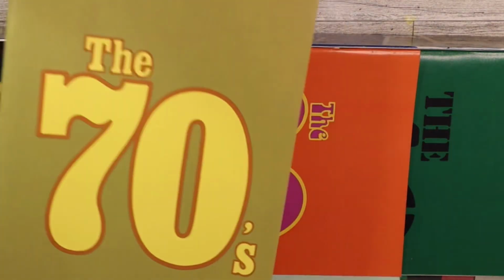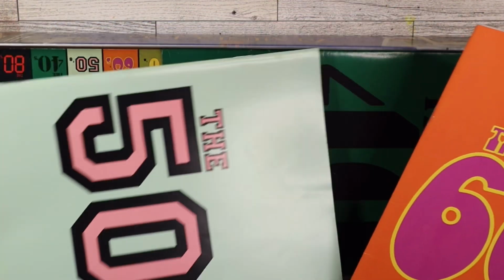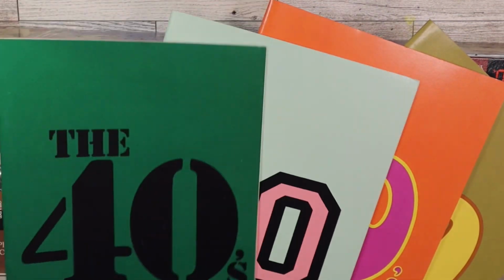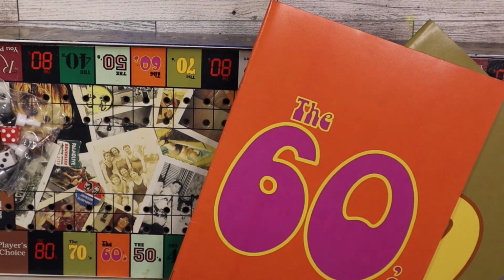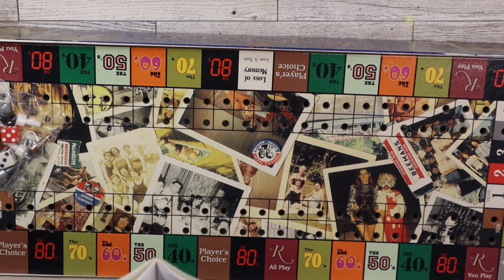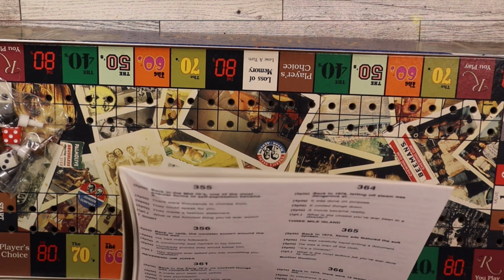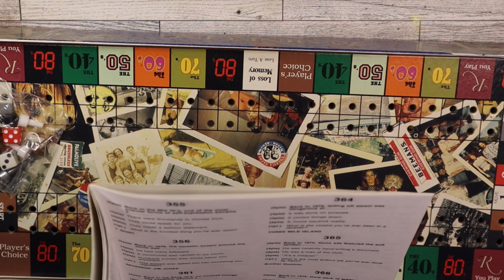And then we have the 70s, the 60s, the 50s, and the 40s. So how cool is this? All questions from different decades. Here, I'll ask you one from the 70s now, okay? Okay. Here we go, for full 5 points. Back in 1970, the so-called replacement for the peace symbol was the...